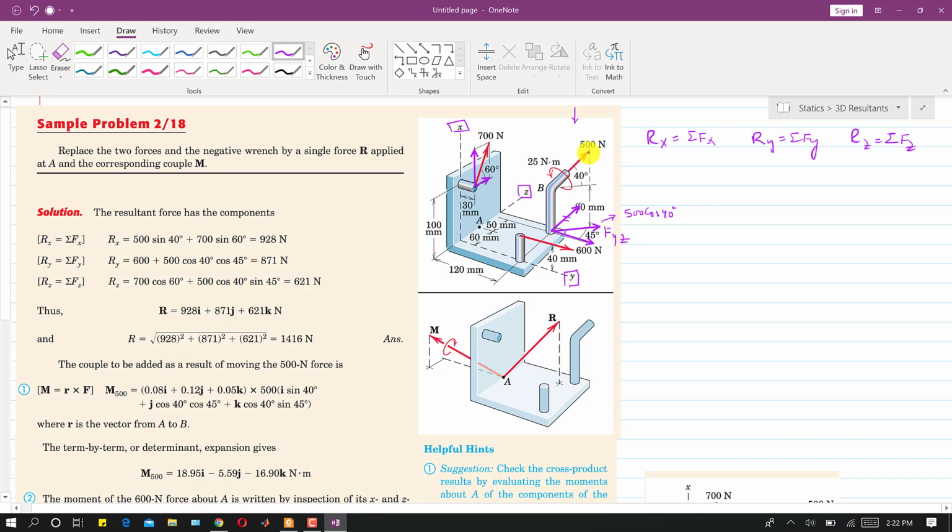And there is another component of this force which is along the X axis. So this will be that component. Let me draw it here, or we can draw this component here as well. Let's suppose this is that component, and this FYZ component will be here. If I move it to this point, then this will be that FYZ component here.